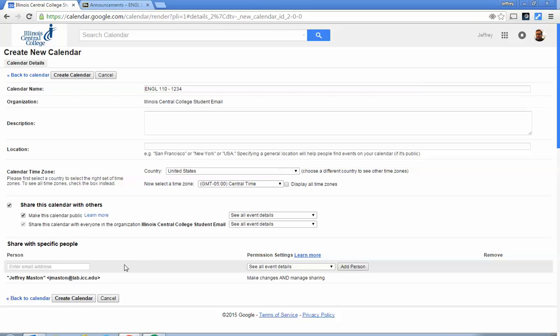If I wanted additional people to be able to edit the calendar, add events to it, and so on, I could do that here. Say there were 2 instructors that wanted to fill in information on this calendar. I could enter in their Gmail account or their Google Apps for Education account address here, and then I could